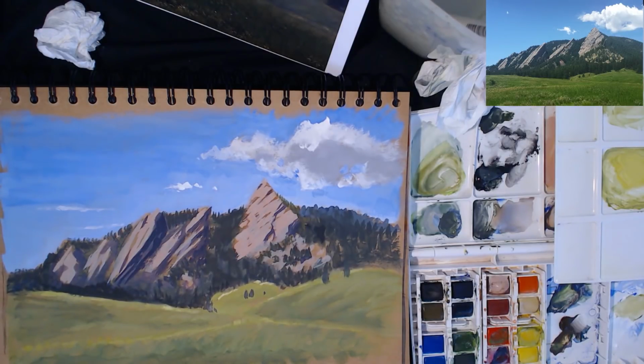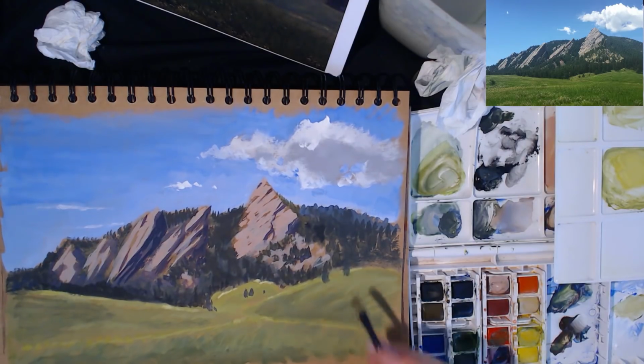That's my go at a mountain painting, and hopefully you find that one interesting, and maybe you'll want to have a go at it. Maybe you'll think, oh yeah, I could paint that, just seeing Jason doing it, and I'm pretty sure I can. So hope you do have a go and enjoy yourself,